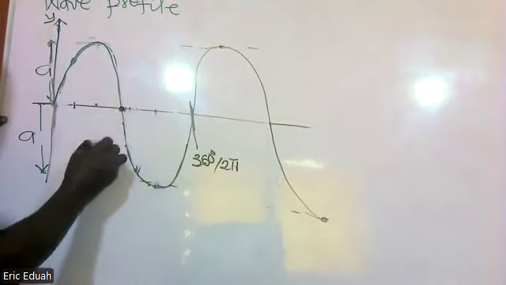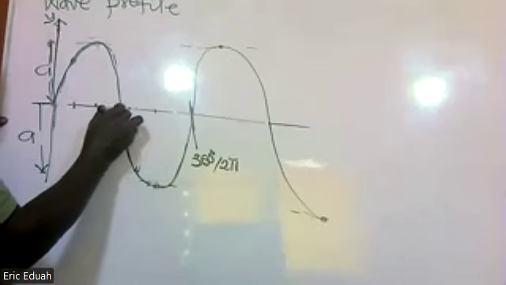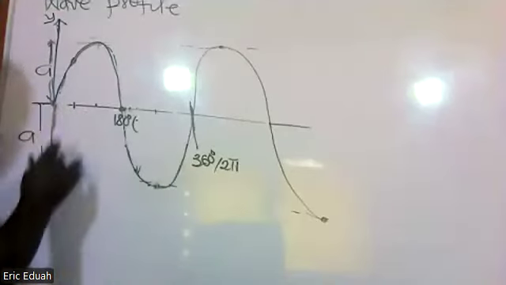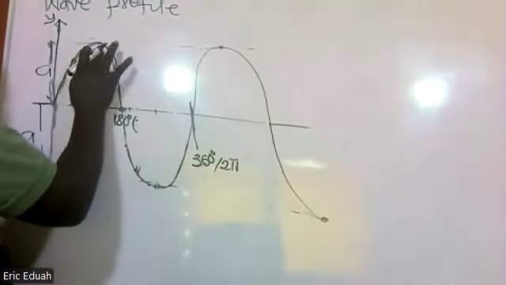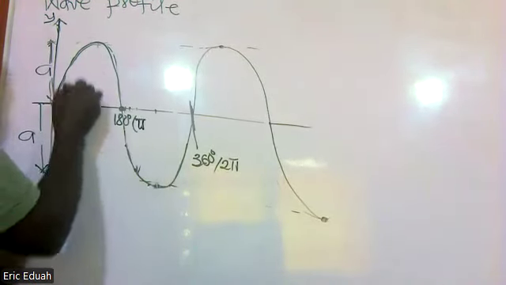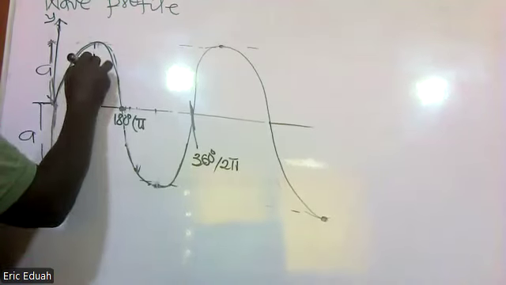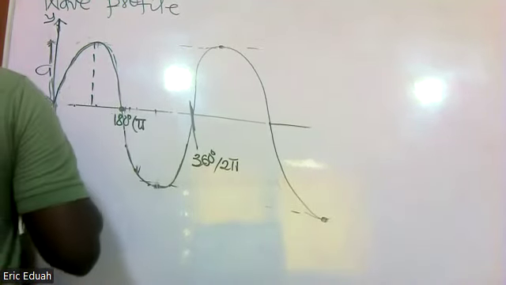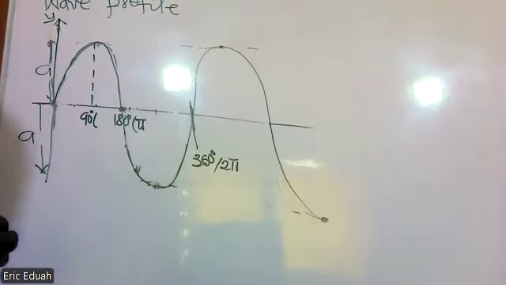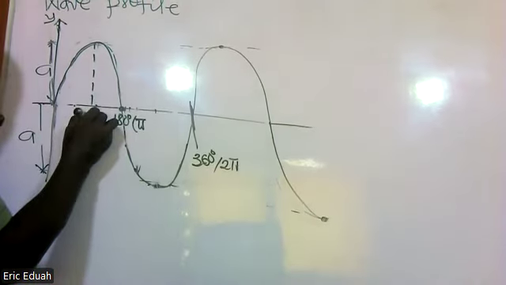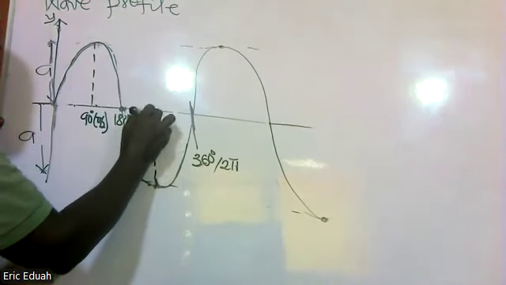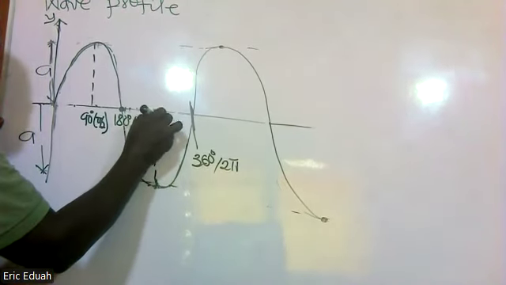This point is also equal to an angle of 180 degrees or pi. This is an angle of 90 degrees or pi on 2. This is an angle of 270 or